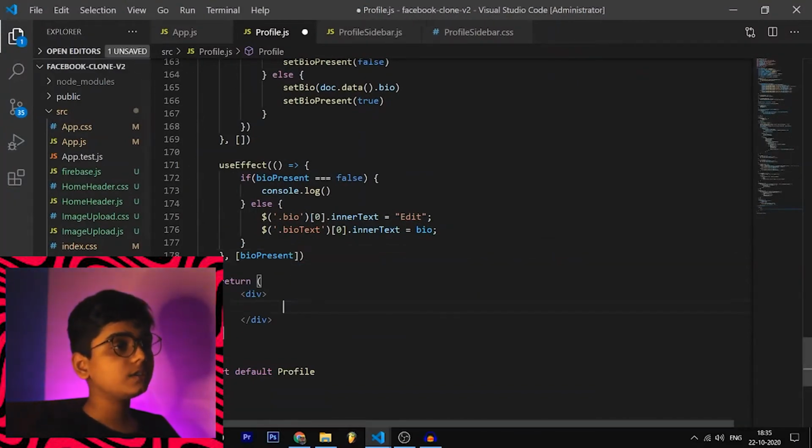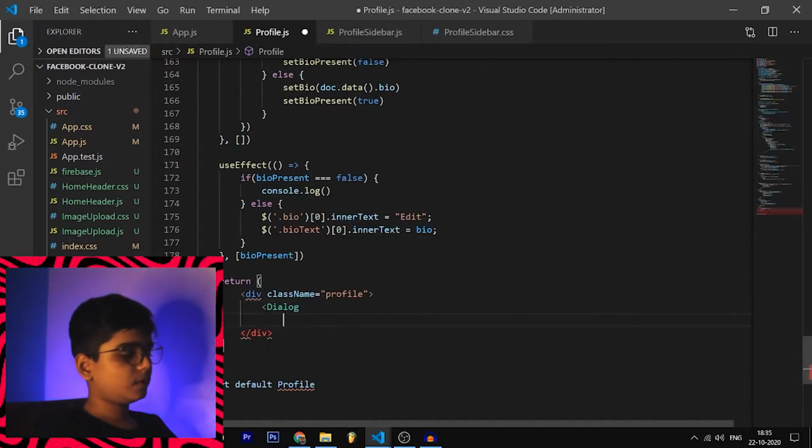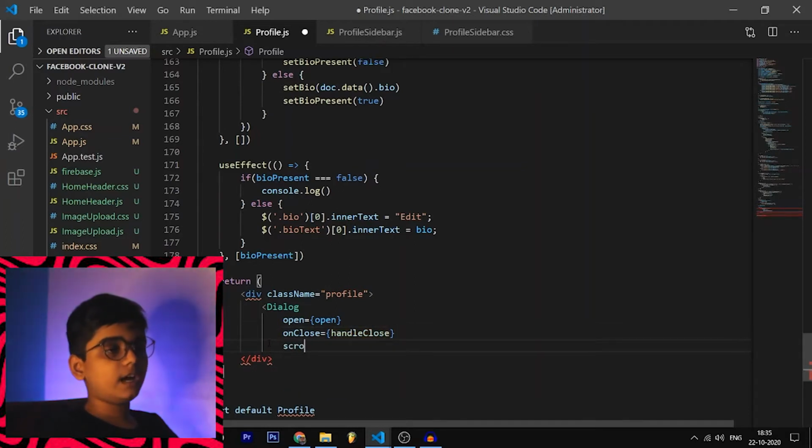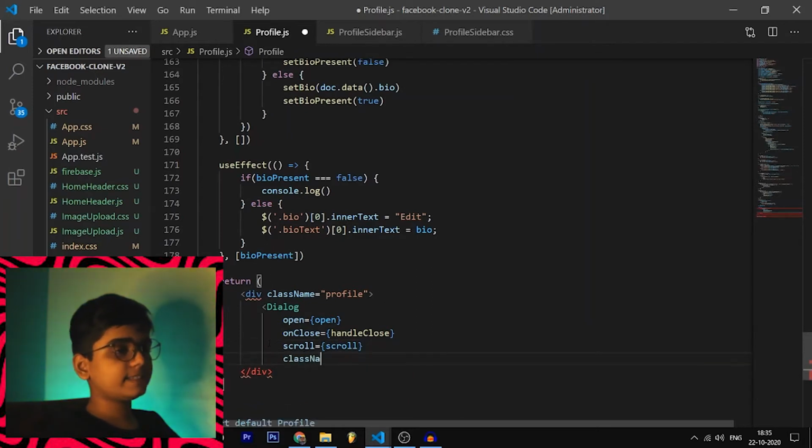let's design the dialog. And before that, let's make the profile class name, and then the dialog. Set the open to open variable, and on close you need to handle close. So whenever I close, this function should render. Everything over here which I'm typing right now is already taught in the last video. And set the scroll to scroll and the class name to dialog2. Quite simple. And after this